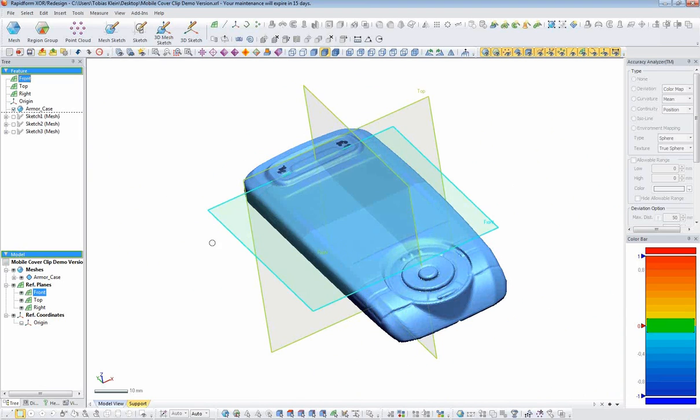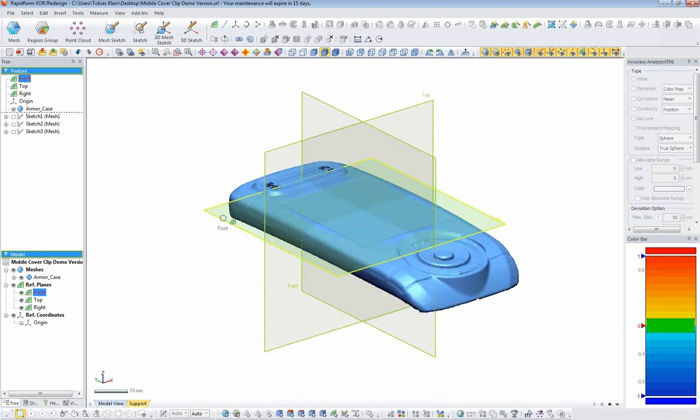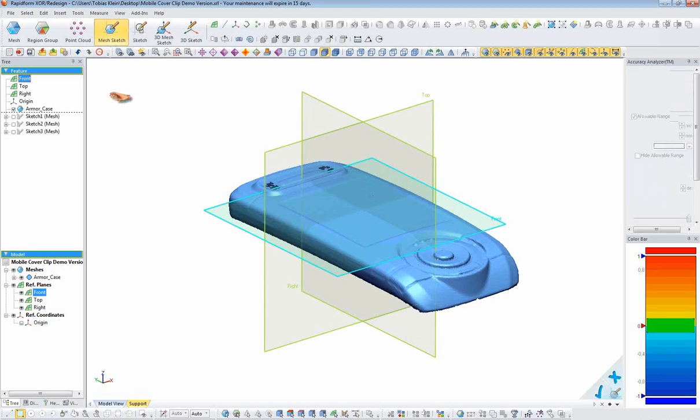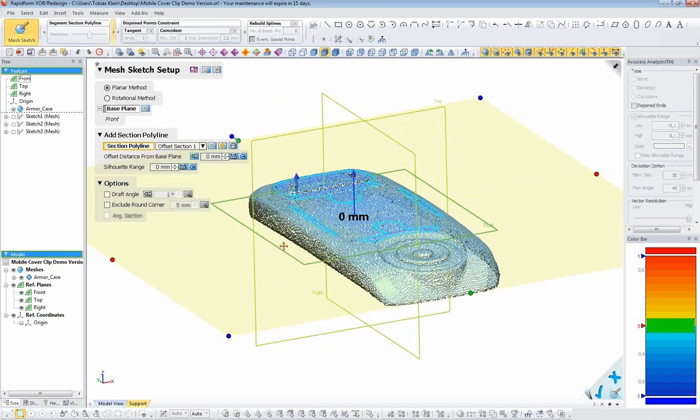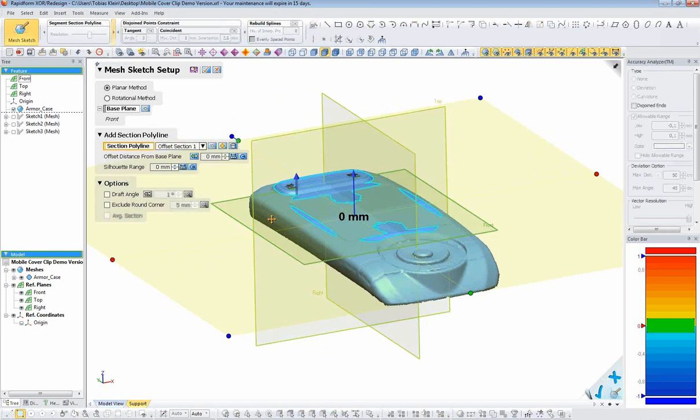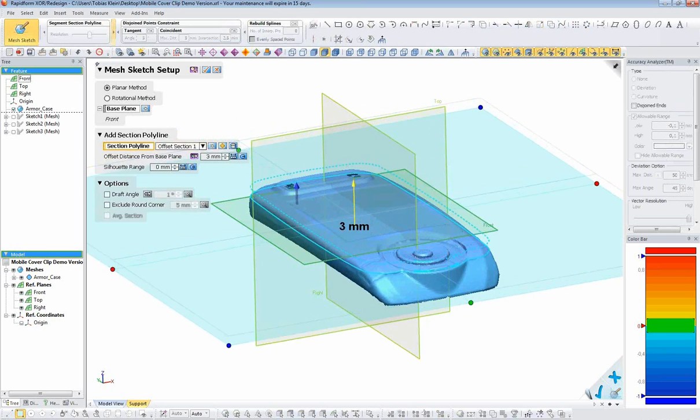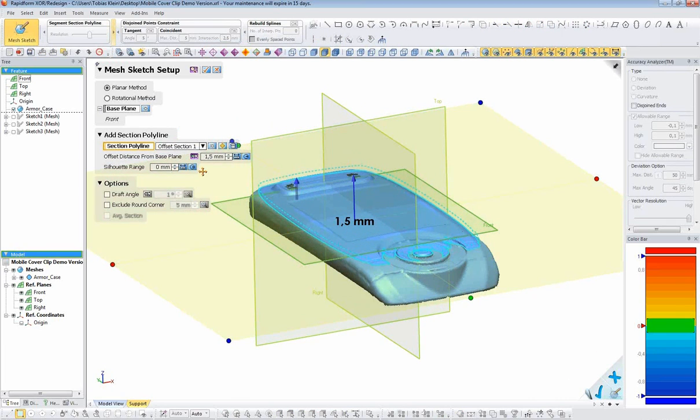So I basically use this as reference for a construction. I have my front viewing plane, my base plane. On this base plane I create a so-called mesh sketch. This mesh sketch is basically capable of extracting a section or silhouette from that part. So here we have a section, or if I